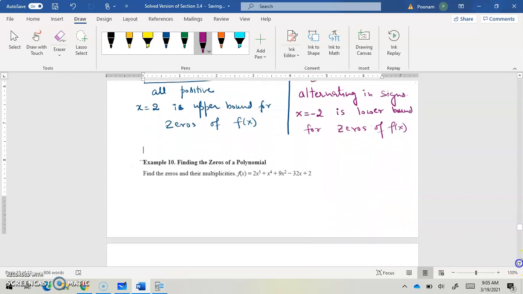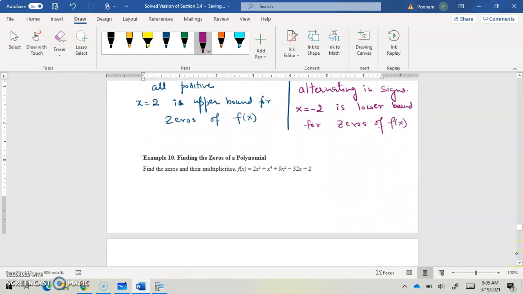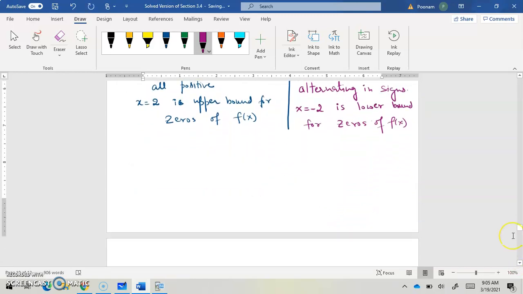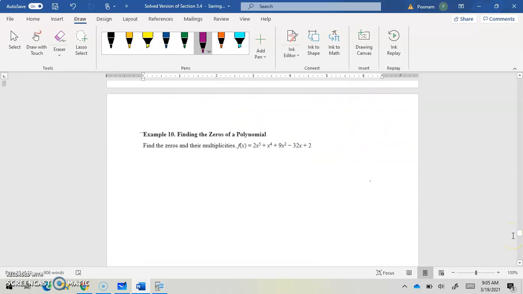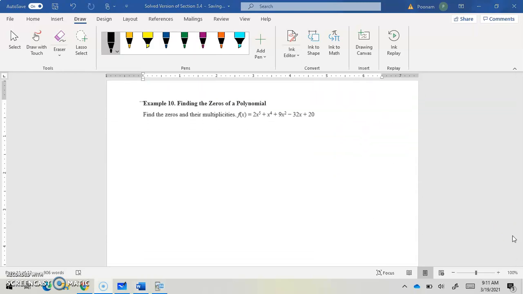So we learned a lot of concepts for the zeros. Let's apply them all and find the zeros of this polynomial. Let's read question number 10. Question number 10 says find the zeros and their multiplicity of this function. Now we start applying all the concepts starting from the rational